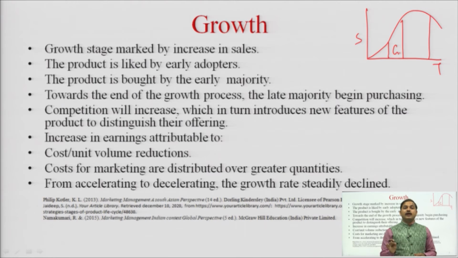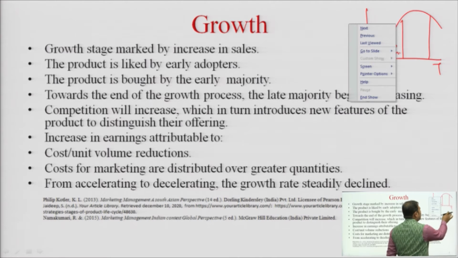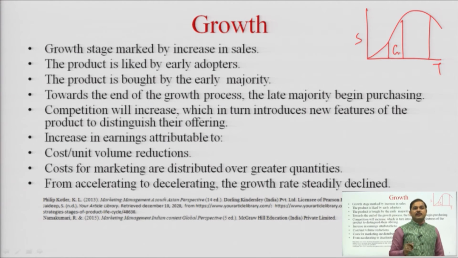The moment the product starts picking up its sales in the market, at that exact moment we say that now the product has entered into the growth phase of its life cycle basically. The product is liked by the early adopters, because innovators have already accepted the product in the introduction phase itself. The product is bought by the early majority, the next category of adopters. Towards the end of the growth phase, it passes through to the late majority, and once the product reaches over here, even the late majority people start buying that particular product. Competition will increase, because now the new entrants, the new competitors will start